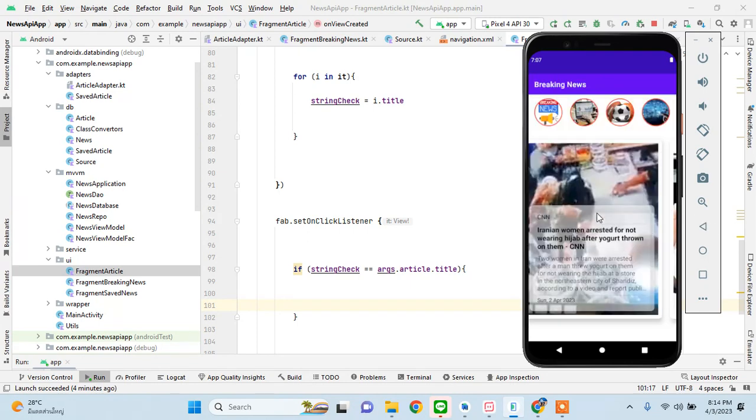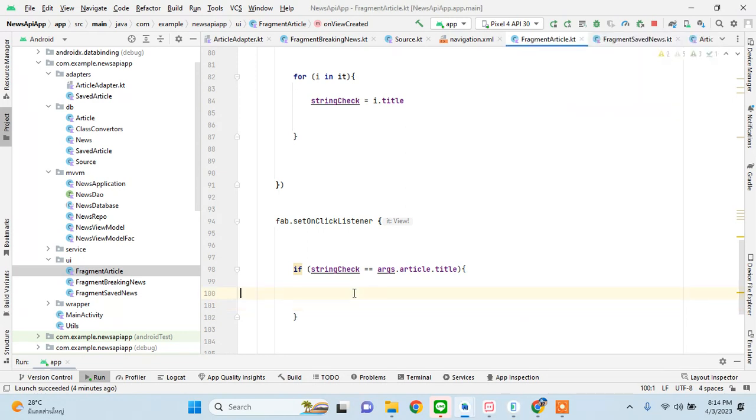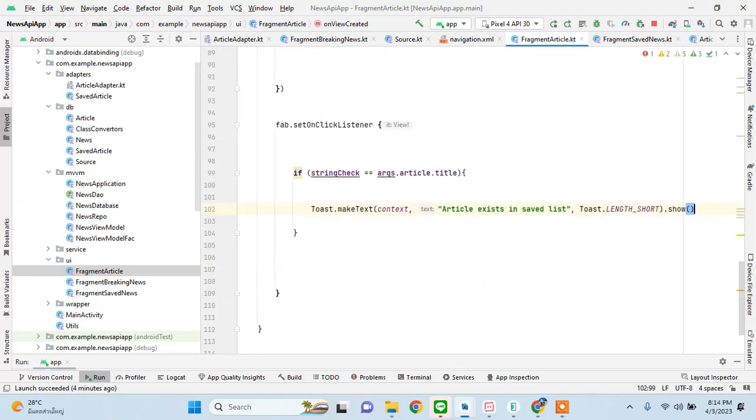So for example, this is clicked here, this title is going here. So if the title here and the title of an article that we might have saved in the database matches this title, then say article exist in saved list. If not, then what it needs to do, else simply